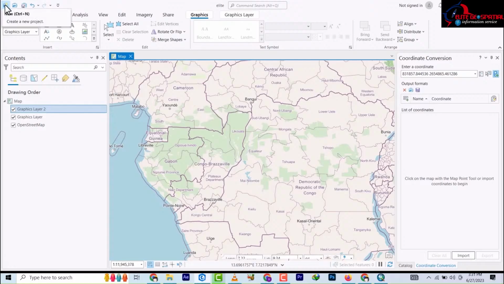So last but not the least, we have something up here which we didn't touch. This is more like you open a new map document. Then this is where you're importing your map document and then you're saving your work, normal saving. Then this is undo and this is redo. Okay, so